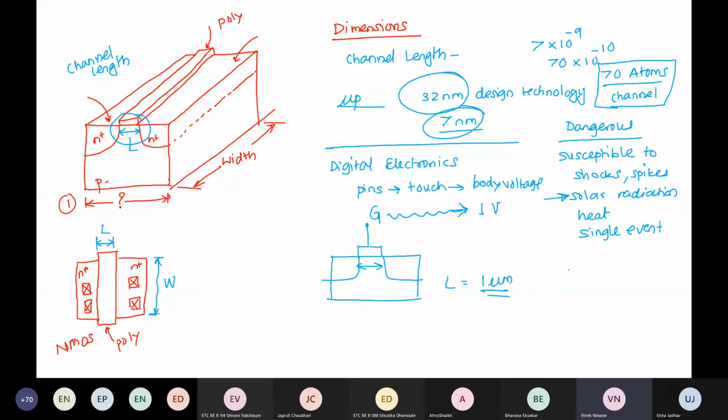So now pay attention towards the wordings. You are applying 1 volt to the channel length, and the channel length is of 1 micrometer. So I can say that 1 volt per 1 micrometer, or I will write it down numerically. This is something like that. Volt per meter. This is nothing but 1 into 10⁶ volt per meter, or I can say that 1 megavolt